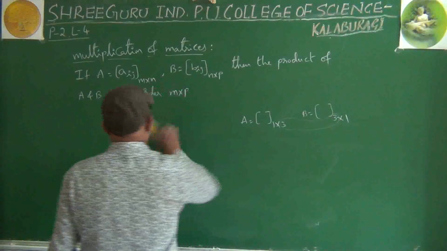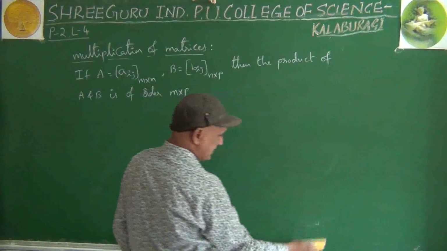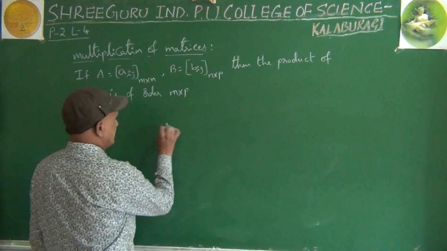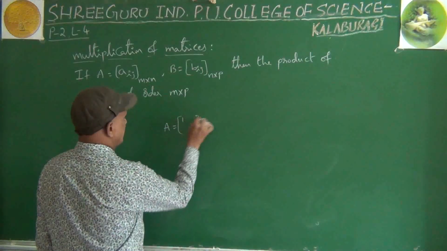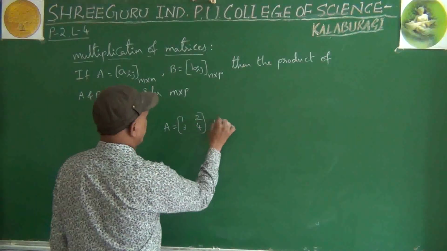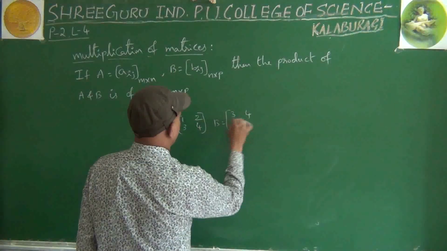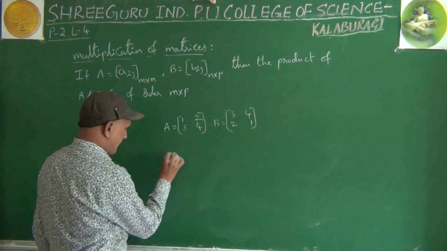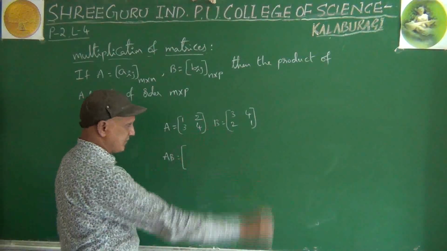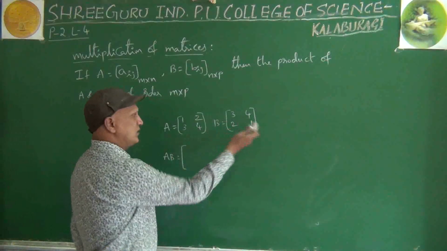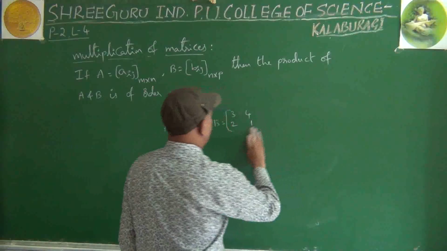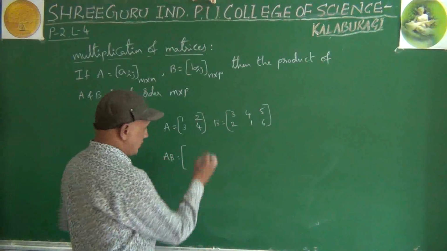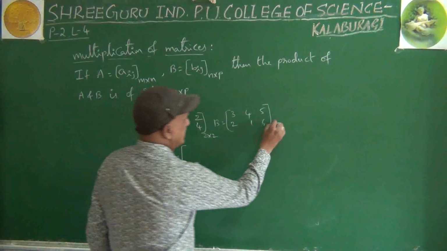So, let us see how to multiply. So far I told how to get the order. Let us see how to multiply. Listen very carefully. Okay, how to multiply. This is 2 by 2, this is 2 by 2. I will increase 1. 5, 6. I will increase 1. This is 2 by 2 matrix. This is 2 by 3 matrix.